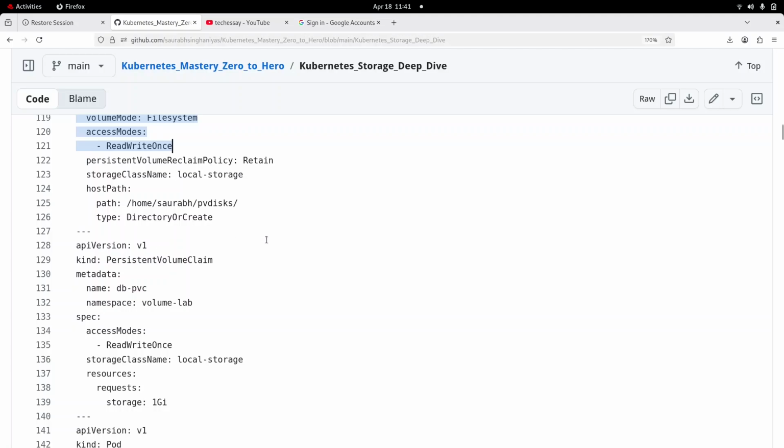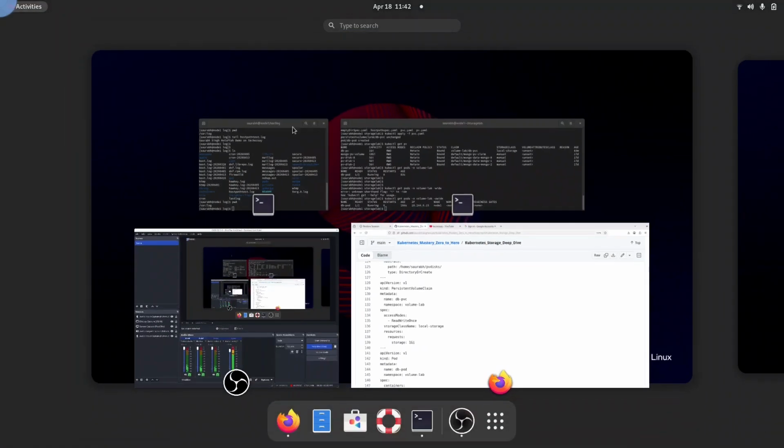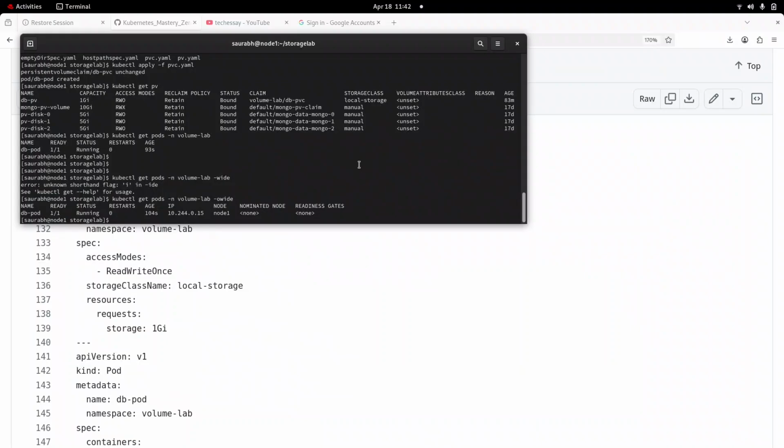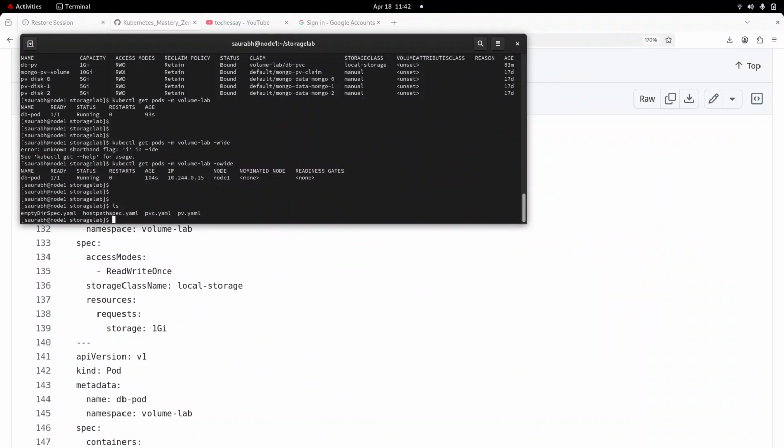I can show you the same. If you change any of the parameters, like if you want to claim 2 GB of storage, then our pod will just get stuck there. So that specification should match. Let me show you quickly by example, otherwise you will not get the point of what I am trying to say. So kubectl,